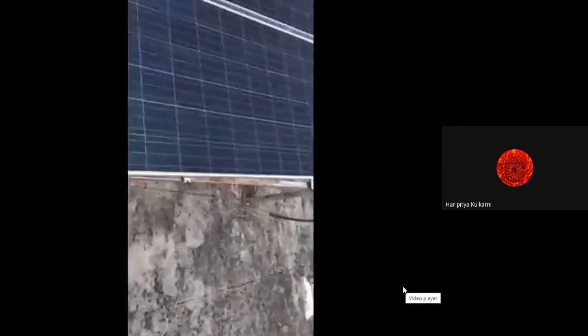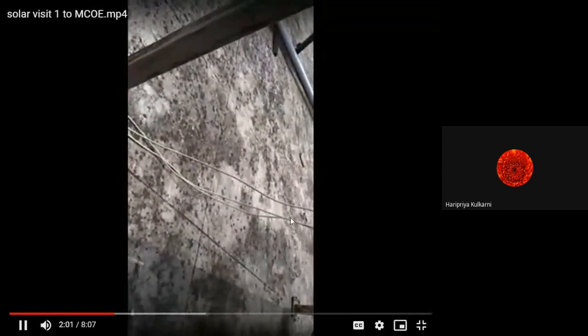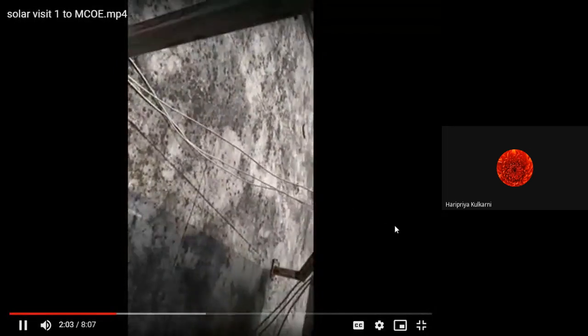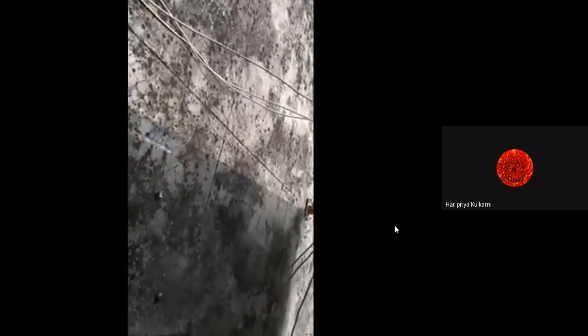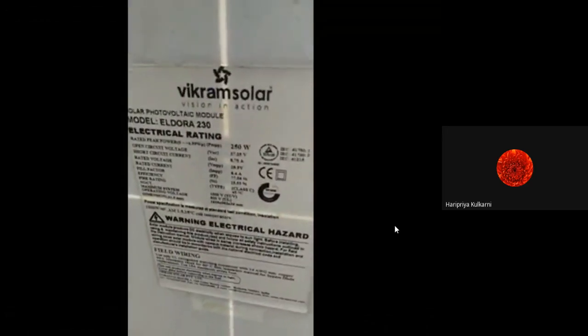We have seen a small panel at our lab. Similarly, this is with a higher capacity. I'll try to show you the specifications which are given on the backside of the panel. Just a second. Okay, I'll tell you the ratings, but in the meanwhile, yeah, ratings are here. I can see. Just a second. I hope it is visible to you. So all these ratings are given to you.